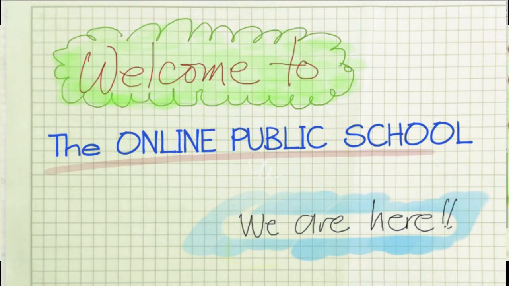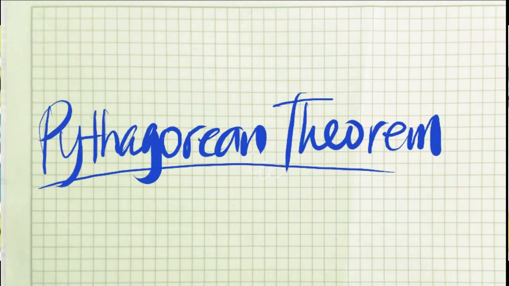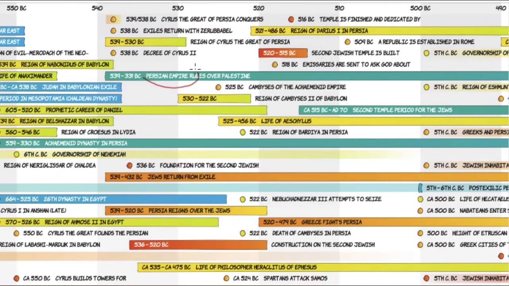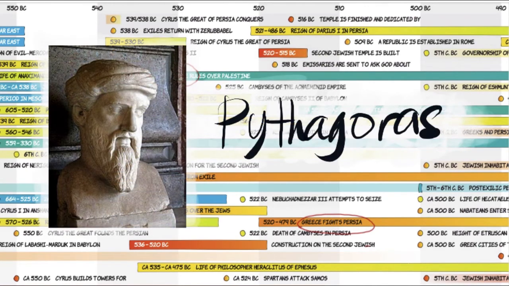Ngayon, ating pag-aaralan ang Pythagorean Theorem. Noong kapanahunan ng Persian Empire, mga 550 BC, at ito yung time na nakikipag-away na rin yung Greek sa Persians, ay lumabas sa historya ng mundo si Pythagoras. Ito yung kapanahunan na yung Greeks ay nagsimulang sumikat sa world stage at yung buong mundo ay na-educate nila ng